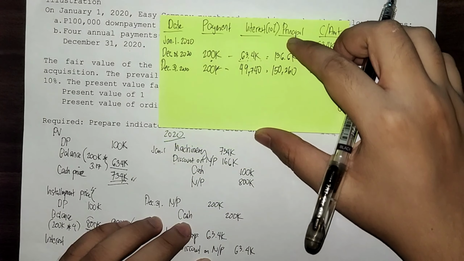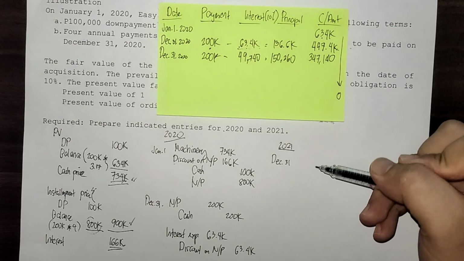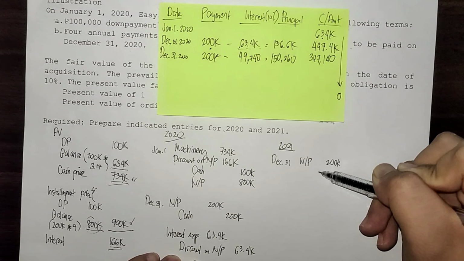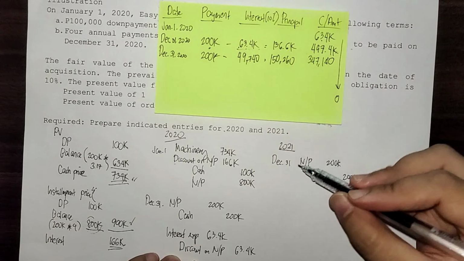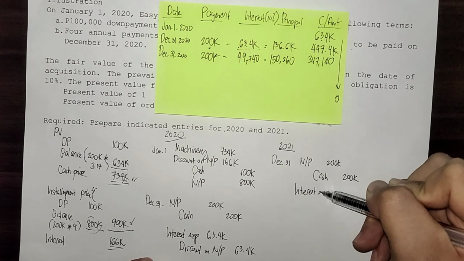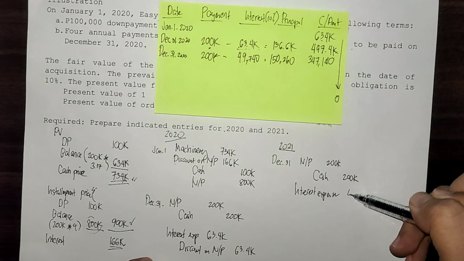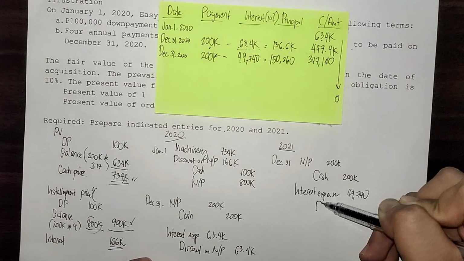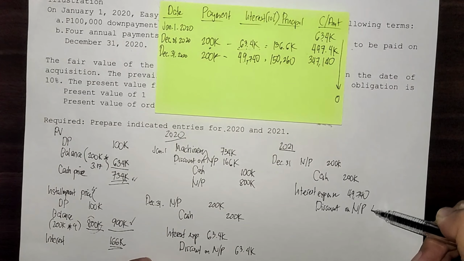Okay? So, 2021, December 31, we debit notes payable 200,000. We credit cash 200,000. And debit interest expense, magkano? 49,740. And credit discount on notes payable